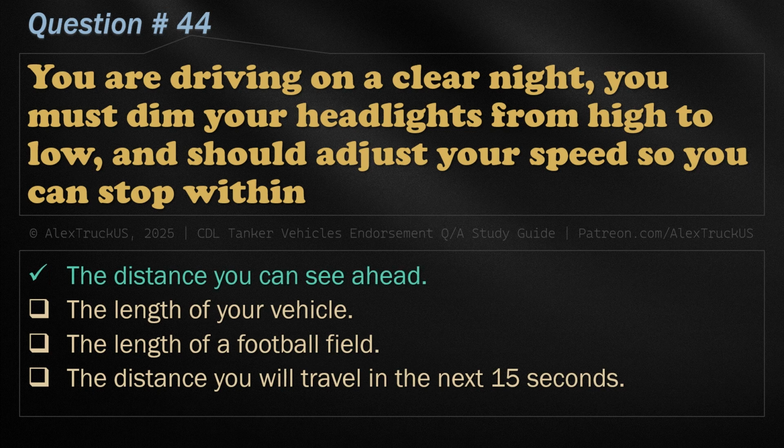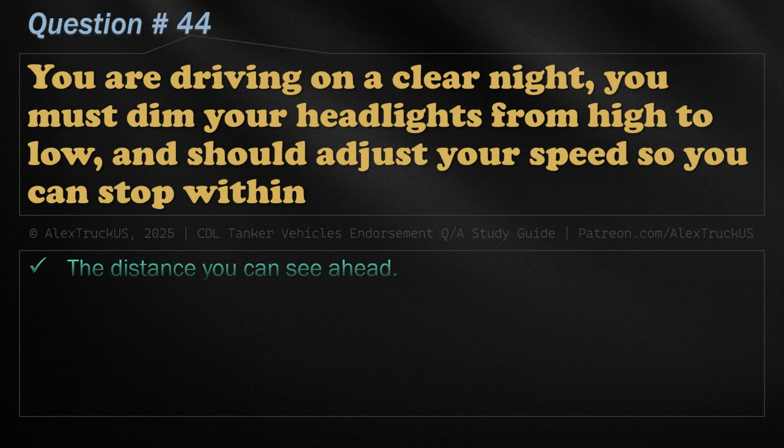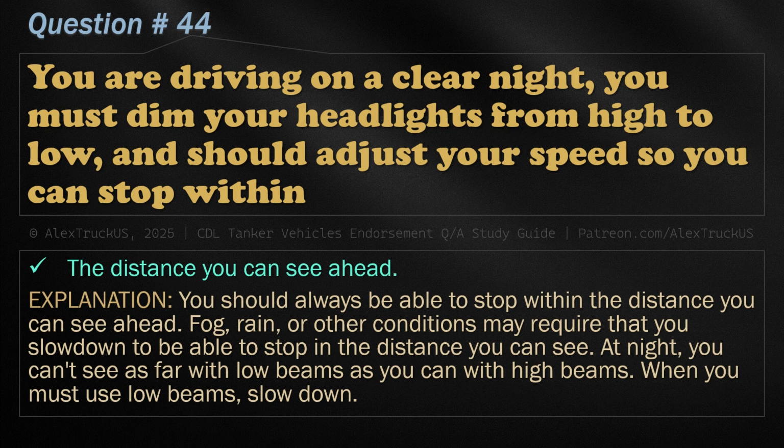Correct answer is: the distance you can see ahead. You should always be able to stop within the distance you can see ahead. Fog, rain, or other conditions may require that you slow down to be able to stop in the distance you can see. At night, you can't see as far with low beams as you can with high beams. When you must use low beams, slow down.